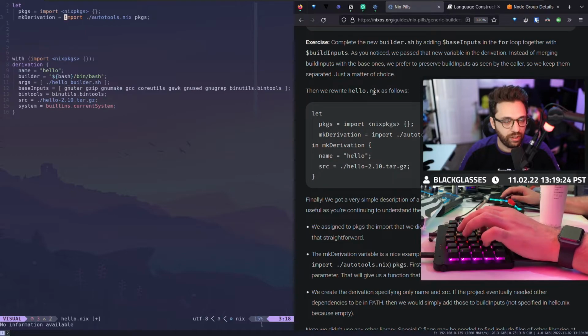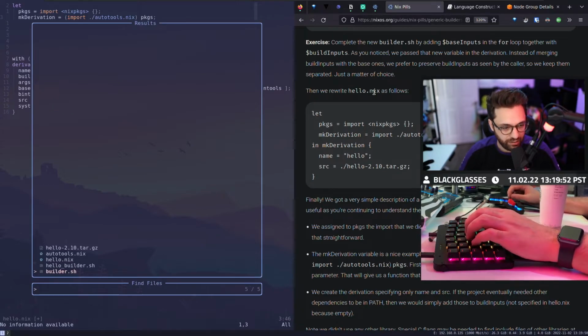That's what we do here, because when we import this, it gets evaluated, and that becomes then evaluated against packages as a parameter. So import doesn't just import, but it also is now usable as the function itself. And so that's when we create that function with the argument of packages.